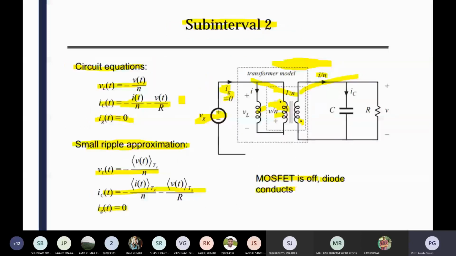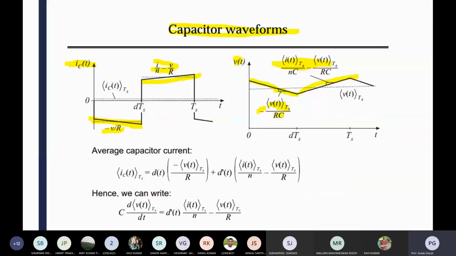In the iC equation, you can replace C dVc/dt equal to minus iL by N minus Vt by R. So dVc/dt equals minus iL by NC minus Vt by RC. You will get these expressions in that manner. So finally, on the rise the capacitor voltage is discharging, meaning the capacitor is discharging to your load resistance. Then it is again charging. So there are two modes, reversing with your inductor current.